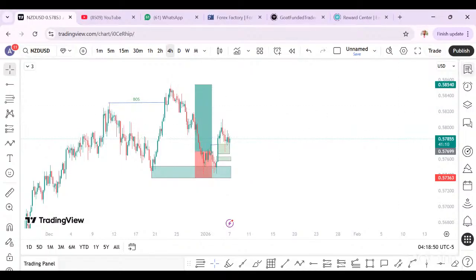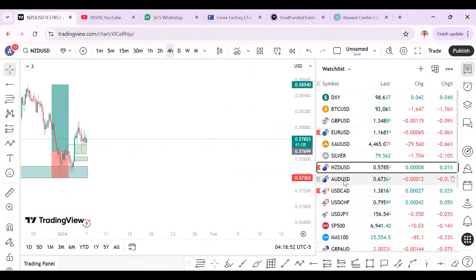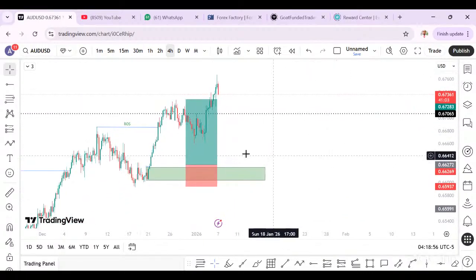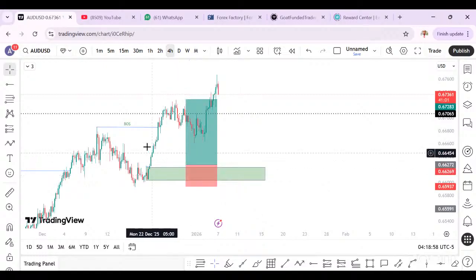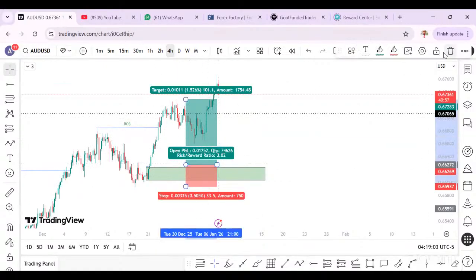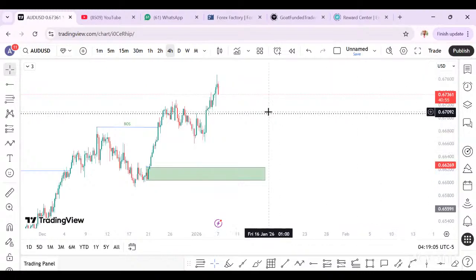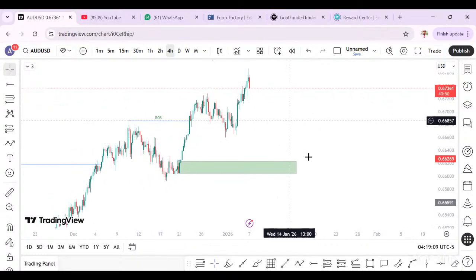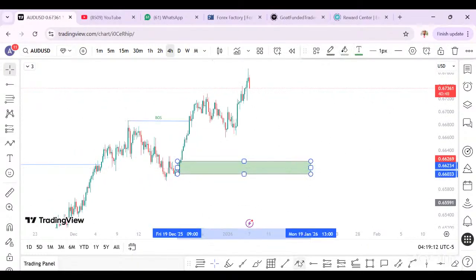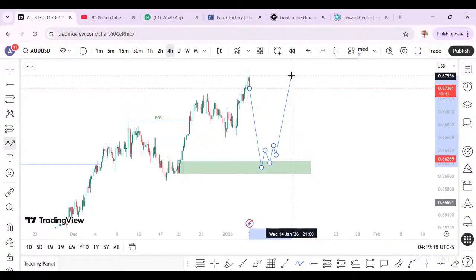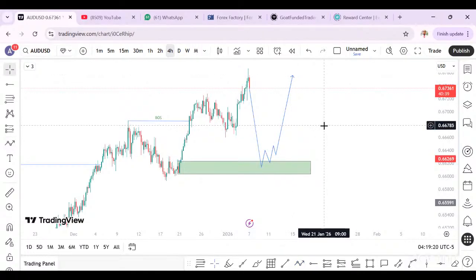NZD/USD. So you can look for a position to join. On AUD, I have a pending order. It did not activate. You can see I have my trade plan. This is my pending order, but price did not get to me. So I will delete the pending order. Why? It's not valid anymore because price has hit my take profit without taking me in. But this zone is still open. I'm waiting for any day price will come here, so I will look for a bullish opportunity. Guys, trading is not complicated.